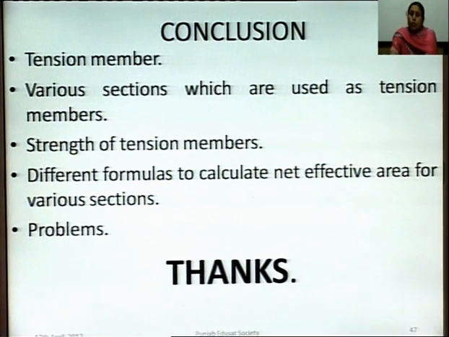But when you have to design the tension member, then you have to select the member. You have to select the section from the steel table. The strength is given, that is, the load acting on the member is given. Then load is divided by the permissible tensile stress to get the net sectional area. That is, in this case we will calculate net sectional area, and according to net sectional area we will select the member from the steel table. So, today we have discussed only the problem relating to calculating the strength of the tension member. Next time we will design the tension member.